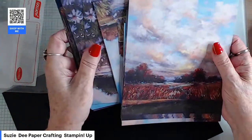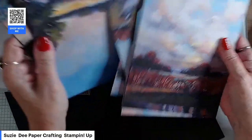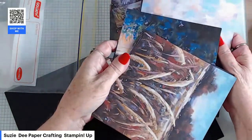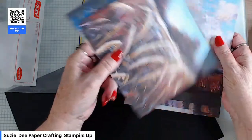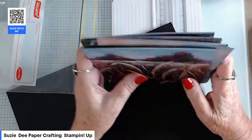Looks like you just saw walked over. I like that, Roz. Well, you did, didn't you? And look at that. I mean, the colours are just so awesome. So, yes,